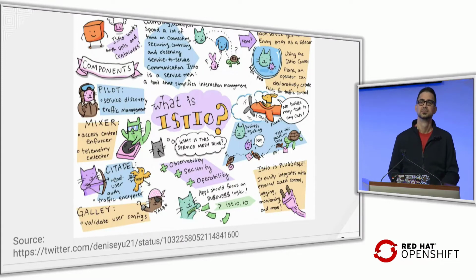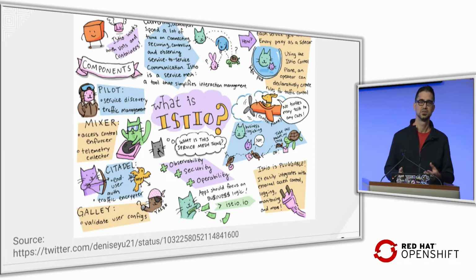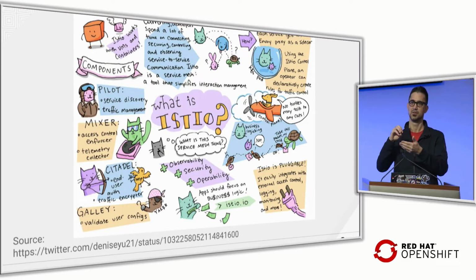And that is Istio. Istio is an implementation of a service mesh. Basically, it works with the concept of a proxy sidecar to all my pods. So every time that I make a deployment, a new sidecar, a new container with a proxy, is going to be collocated in my pod.